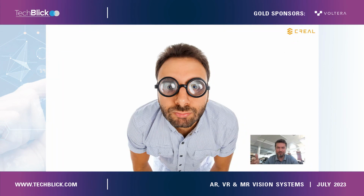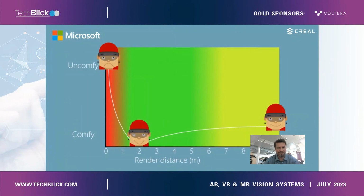So the result is actually worse than wearing someone else's glasses. It's less natural than that. And of course, it's not a problem which we would discover. It's very well known in the industry. We saw something about it